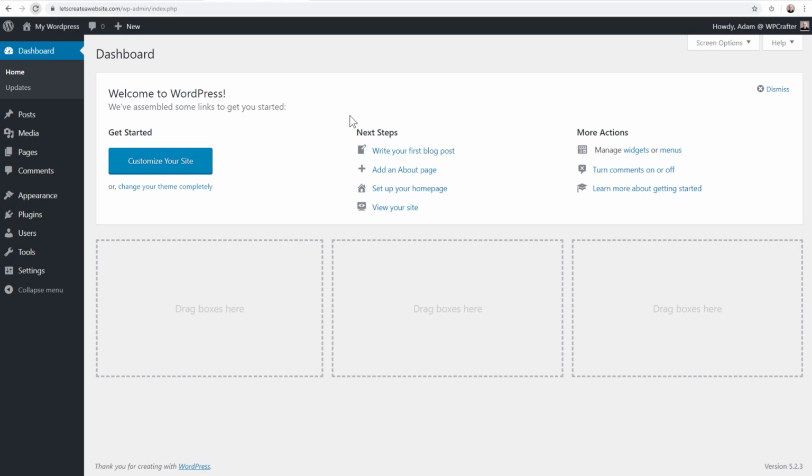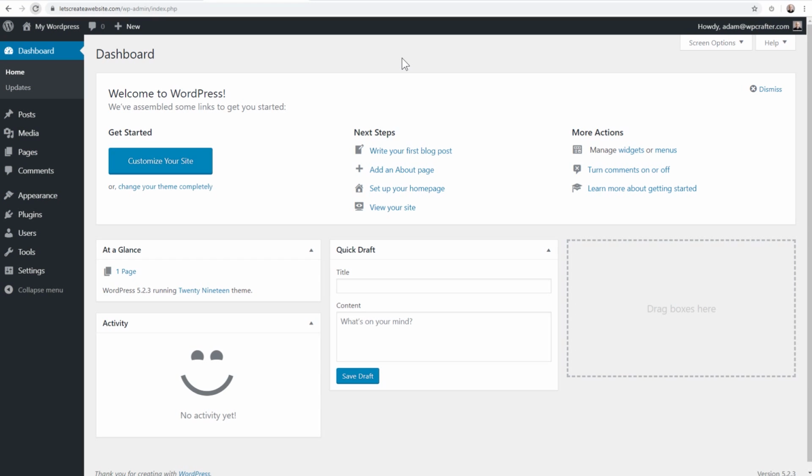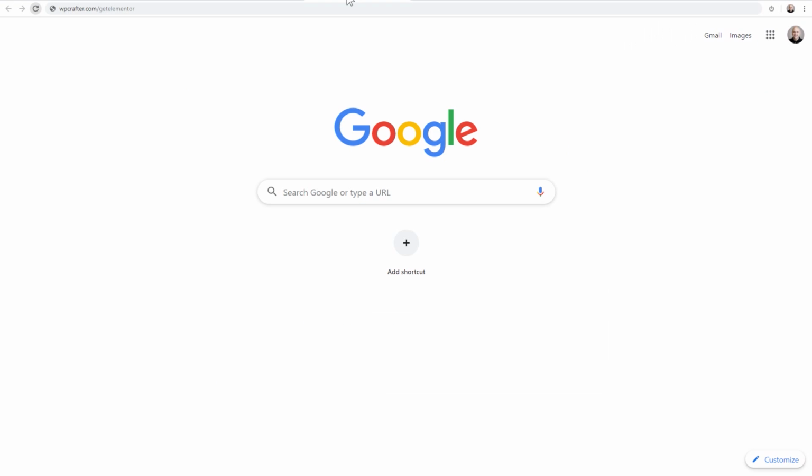Those are just some of the important settings that you want to pay attention to that are available in WordPress. So here I am back on my WordPress dashboard. Now we're going to add a couple free tools to our website, and the first one is going to be called Elementor. So open up a new tab in your browser and visit